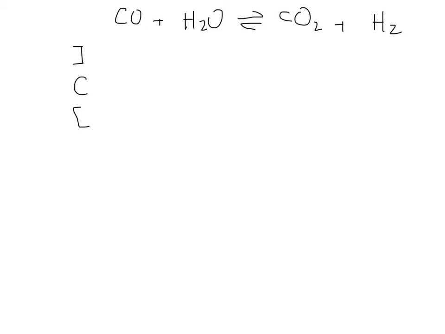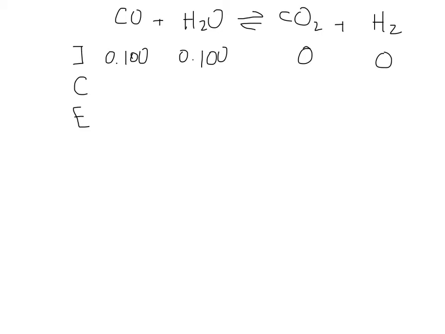So let's set this ice table up. The first thing we want to do, as per usual, is write out our balanced chemical equation. So CO2 plus H2. And then we're going to set up our ice table. So initial concentrations is 0.1 moles in 1 liter. So that's just going to be 0.100 moles per liter of both CO and water, and 0 of CO2 and